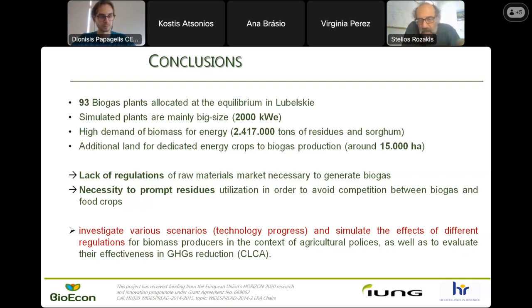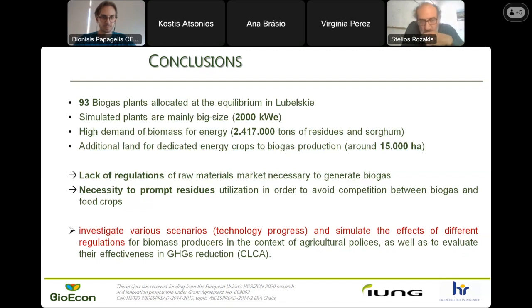And I can tell you that mainly this area would be, let's say, in mostly abandoned land, because sorghum is quite productive even